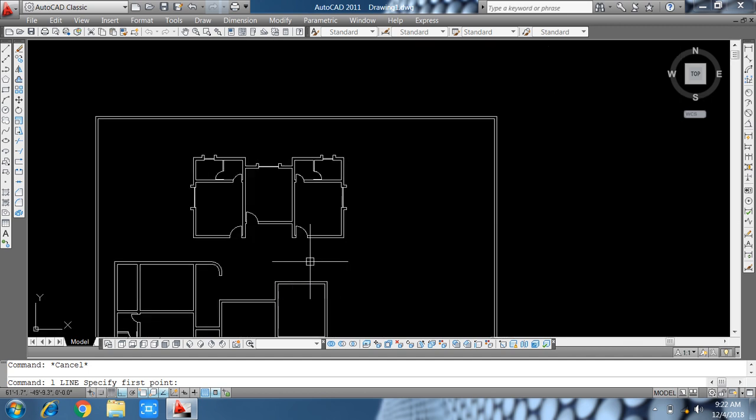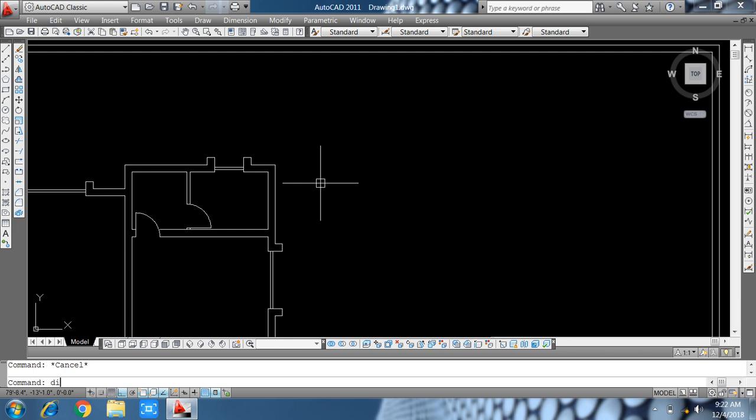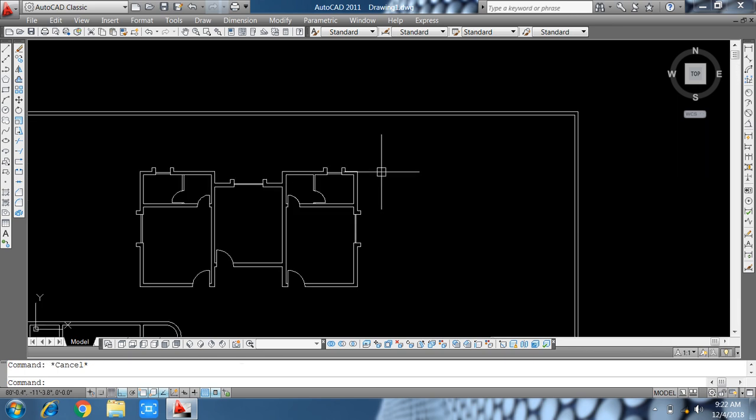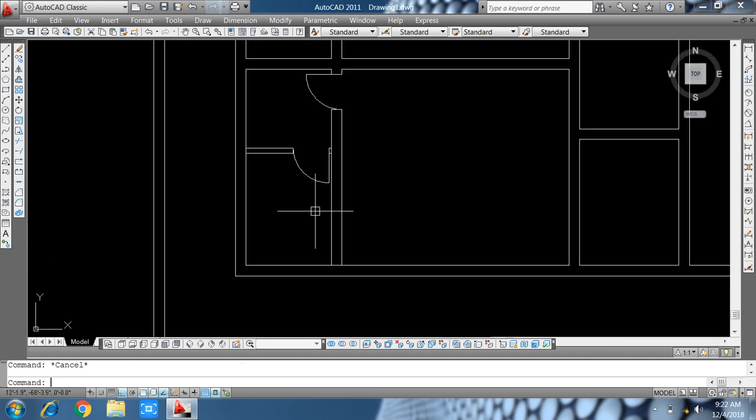Now friends, extend these lines, trim here, 9 inch, and I did that, so I will make it.